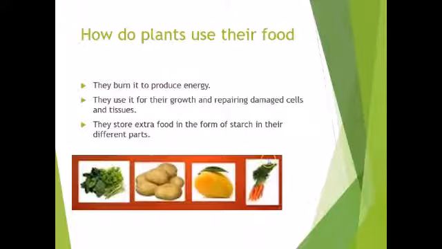So now we will discuss how plants use their food. Like us, plants also need energy and they use their food to get energy. They burn it to produce energy and they use it for their growth and for repairing damaged cells and tissues. Like us, we also need food for energy, for growth and for repairing our damaged cells and tissues. Similarly, plants also use that food to produce energy, for their growth and also to repair their damaged cells